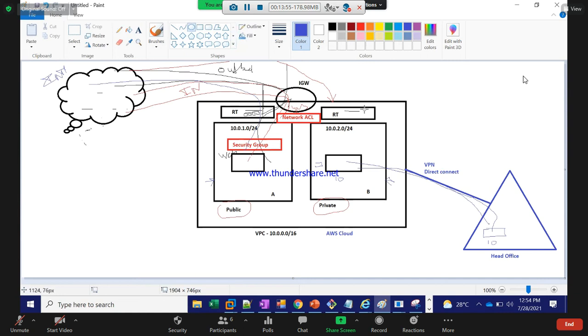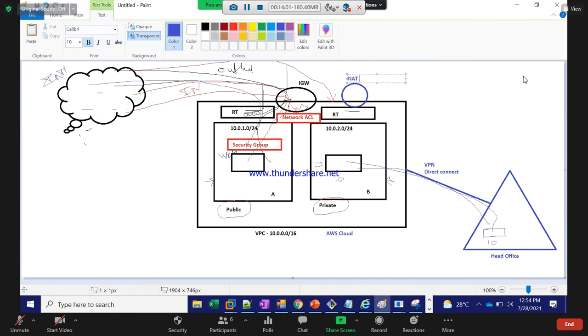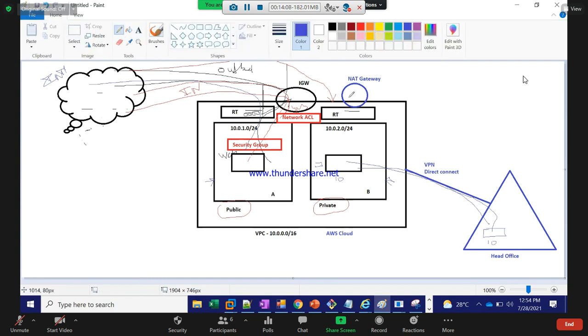There is another option called the NAT gateway. You can map this NAT gateway to the private routing table, while the IGW you map to the public routing table. Why? Because in the public zone you are expecting internet traffic, but in the private zone you are not.